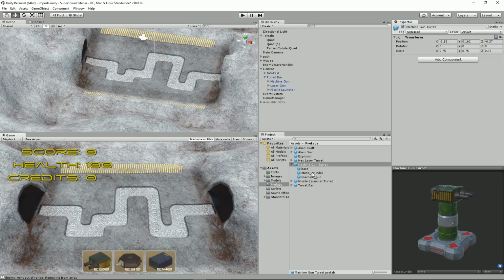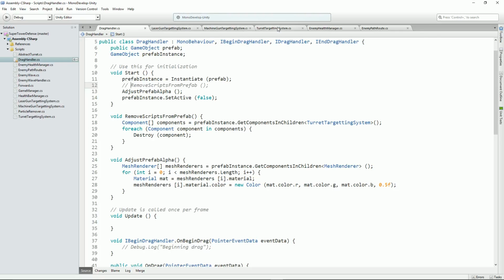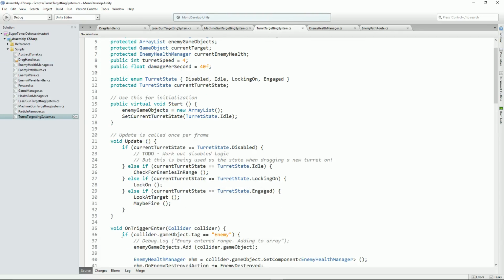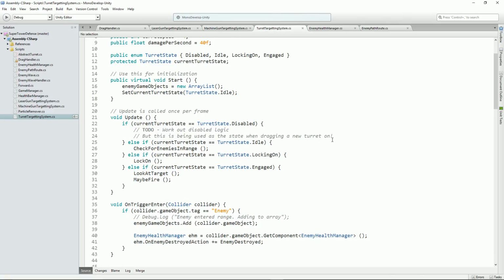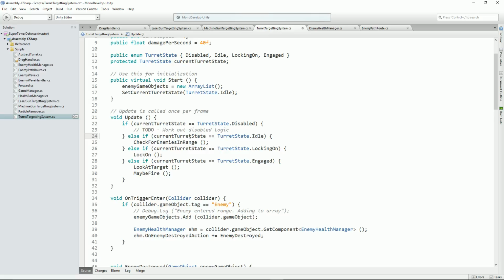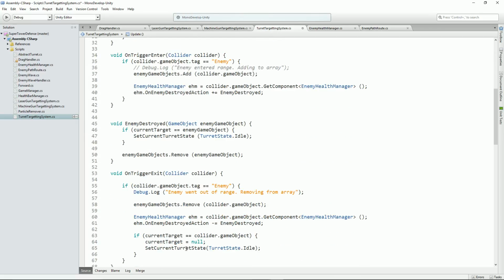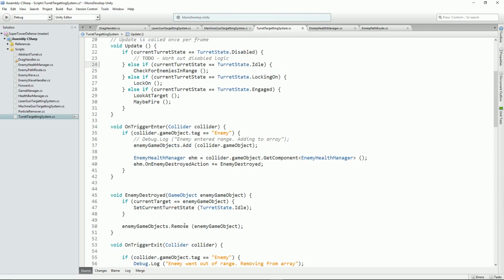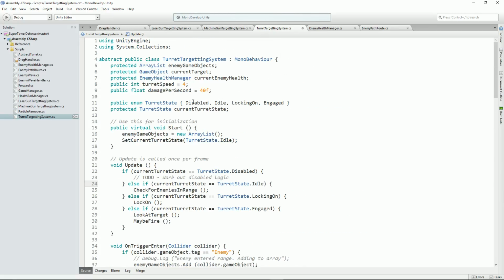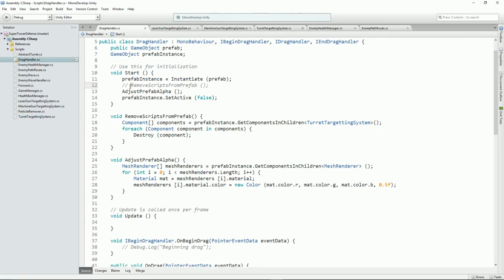I started to tweak the script in turret targeting system. Because we've got this disabled state feature. In fact, I'm going to remove that because that's not true. I didn't end up doing that. I started to play around with that, but the problem was it started to mess with other bits and some of the checks. It's possibly the right way to do it, but it required a bit of a rethink. So what I actually ended up doing is going to the drag handler here and going through this remove scripts from prefab,